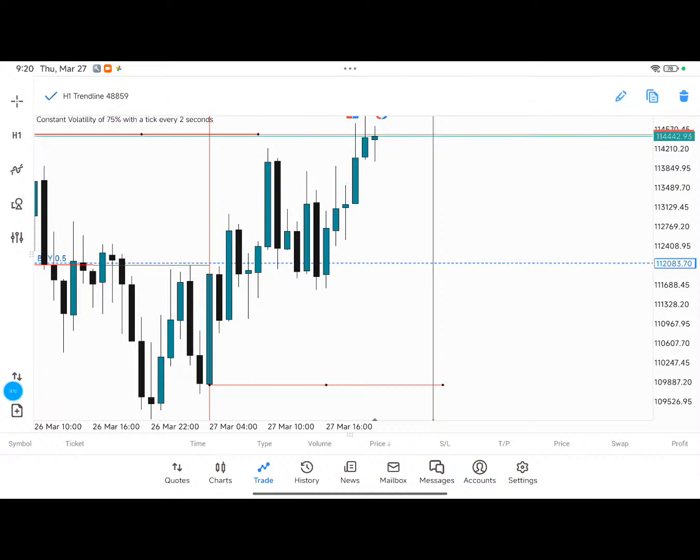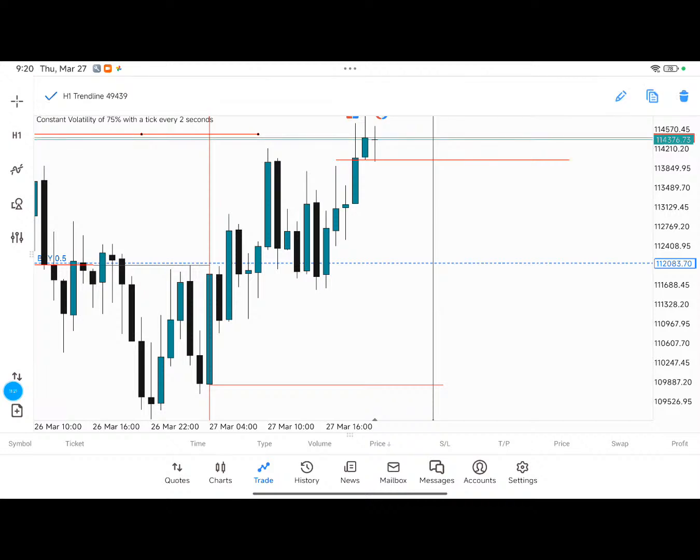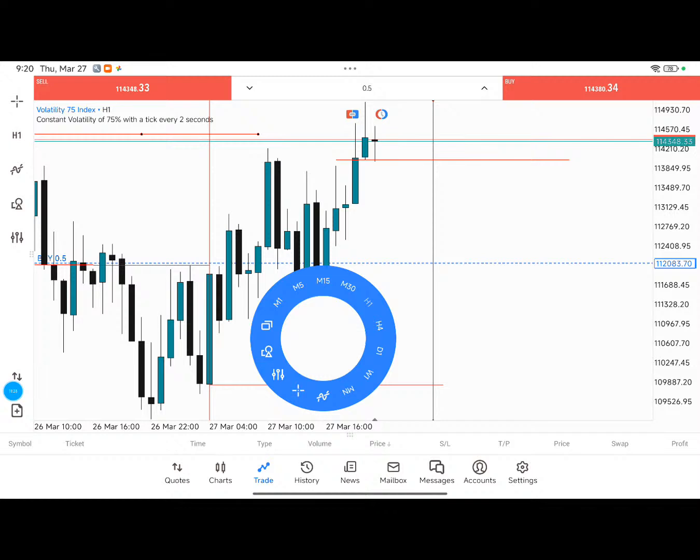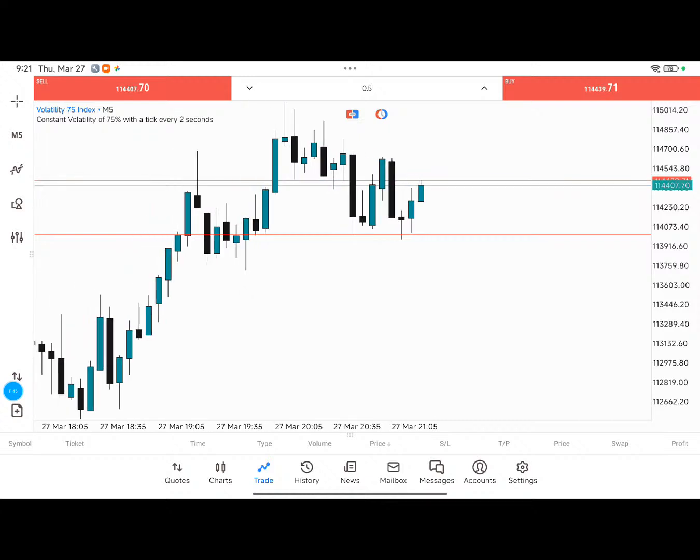So, assuming you want to take a trade inside of this fair value gap in here. Now, we're on the 1 hour time frame. What I would usually do is scale down to the 5-minute time frame, and I will want to see that there is a proper shift of market structure on the 5-minute time frame inside of this fair value gap. Then I'll conclude that the market really wants to reverse higher. Okay,